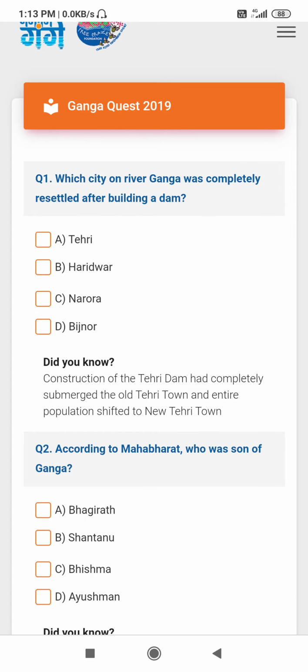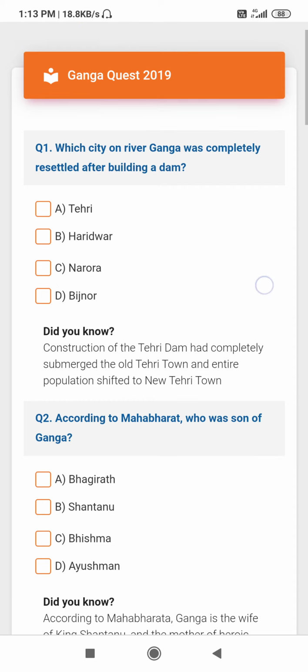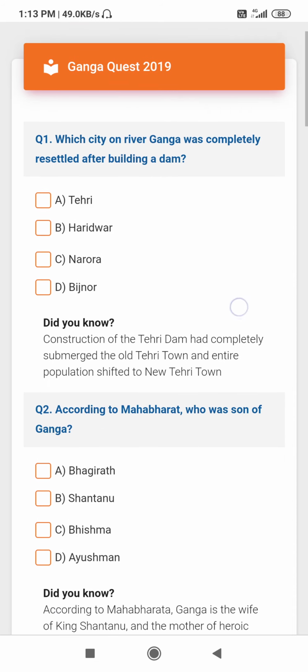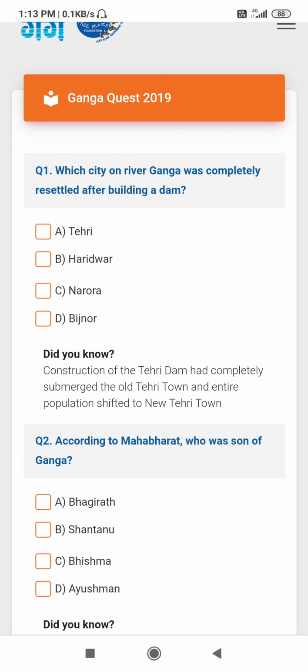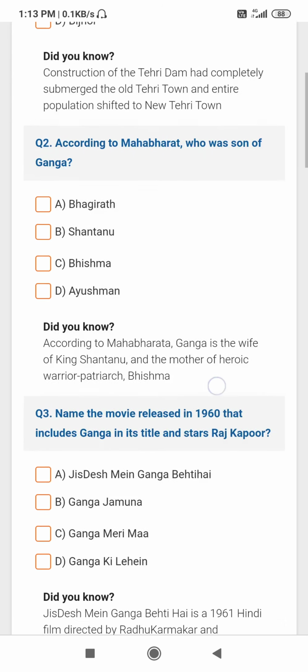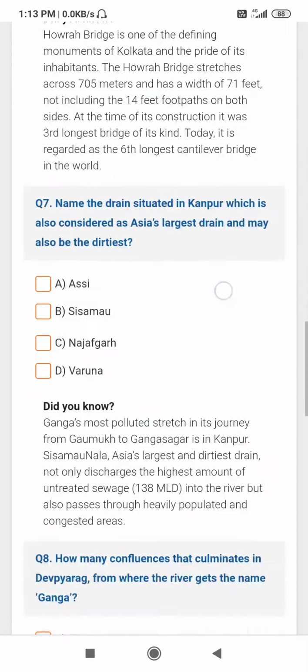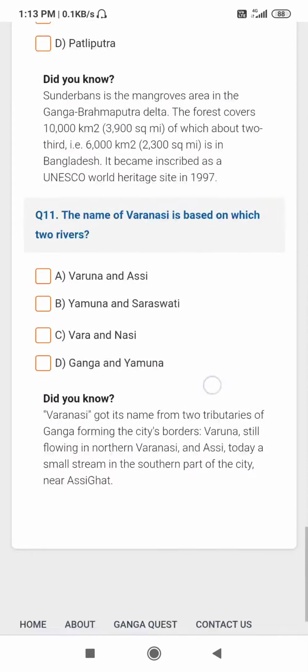The question pattern will be like this, multiple choice. Four options will be there, A, B, C, D. You have to choose the correct answer. So these are the sample questions given for you. You can read these things.